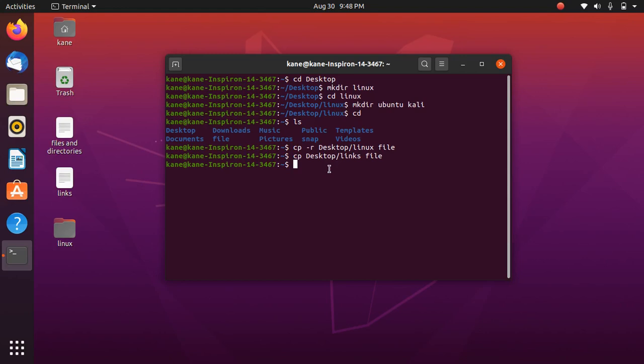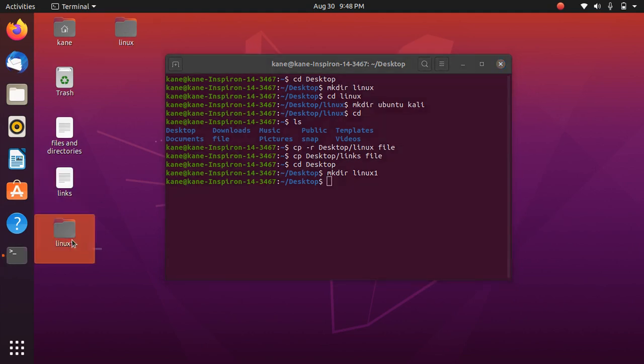So let's use the move command. Before I use it, let me move to the desktop directory and create another folder named linux1. For example, mkdir linux1, and I will be moving the linux folder inside the linux1 folder.